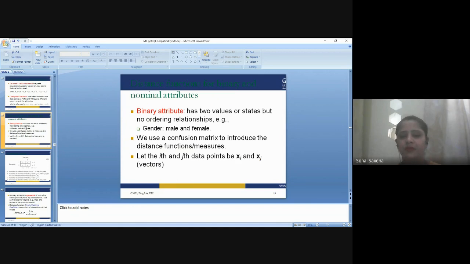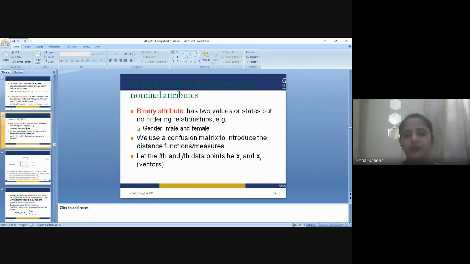If we have two binary attributes, male and female, right? Similarly, if we find answers to options like yes or no, these can be two binary attributes. So a binary attribute can have a maximum of only two values. It could be 0, 1, it could be yes, no, it could be male, female, it could be spam mail or not spam mail. So this is a binary attribute.